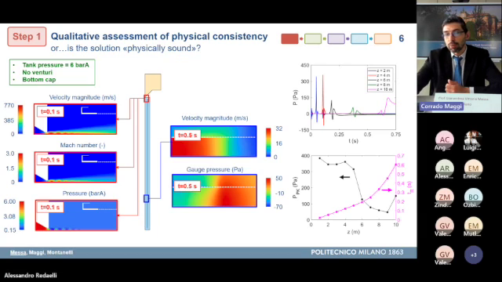Particularly, the 3 color plots on the left part of the slide represent the solution at the very end of the pulse phase, so at 0.1 seconds. And we are looking at the part of the domain in between the exit of the nozzle and the entrance of the bag. The top color plot is the velocity magnitude plot, and you can see that the jet is spreading as it leaves the nozzle.